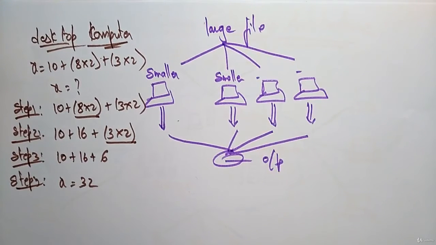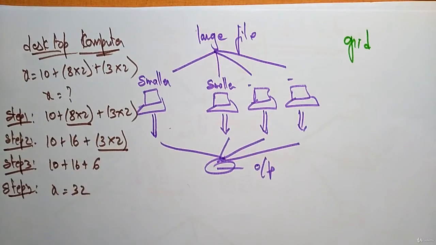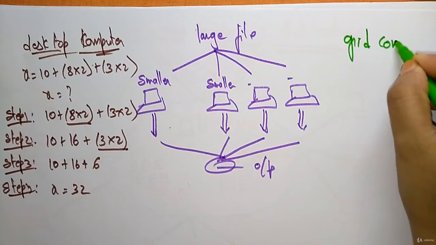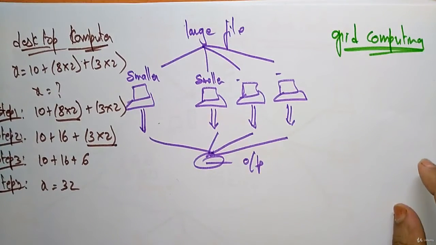Then how will grid computing work? If you want to calculate this equation with the help of grid computing, let's see how it is calculated. Grid computing will take 3 processes or 3 computers to solve this application. You do not need additional computers. Whatever computers are connected in the grid can perform whenever work is allotted. Otherwise, they act as individual systems and perform their own work. Whenever the equation is placed on the grid, all those computers will interact.